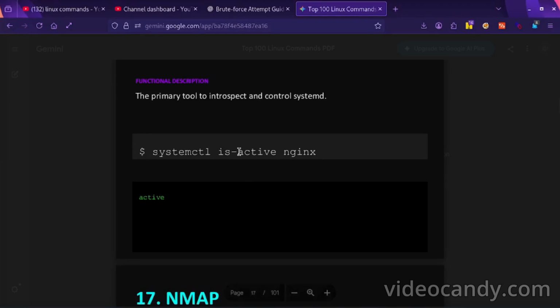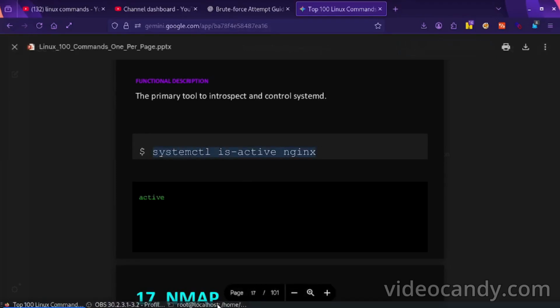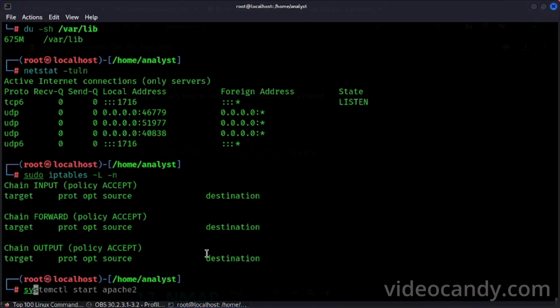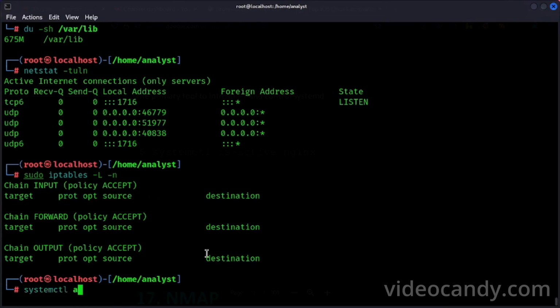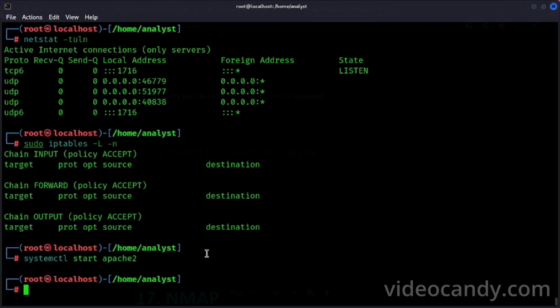systemctl. If you want to start any server or anything, we have to run systemctl. I want to start the Apache server, so I will write start apache2, and here it is enabled.